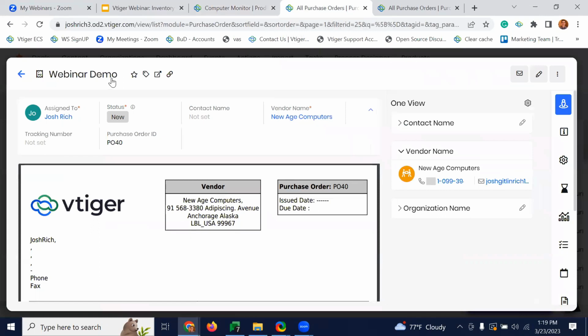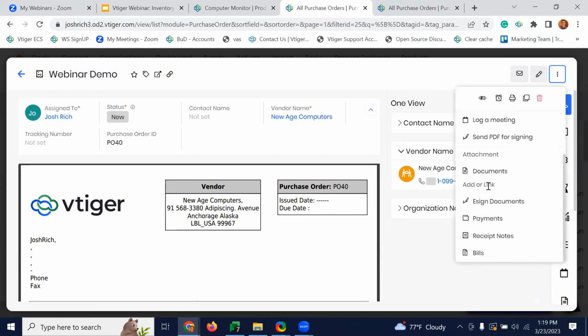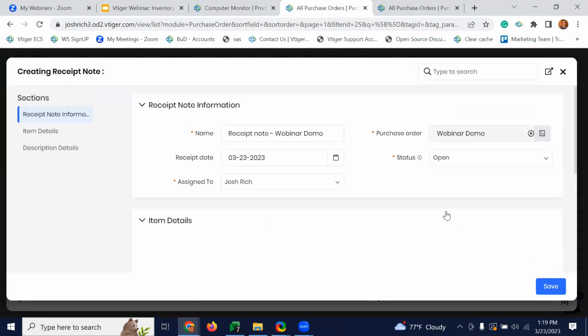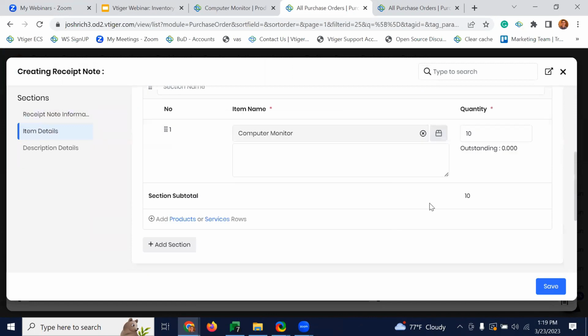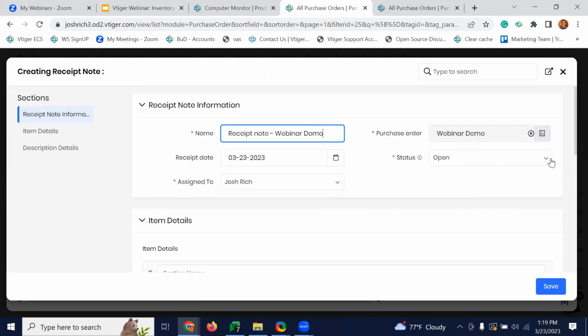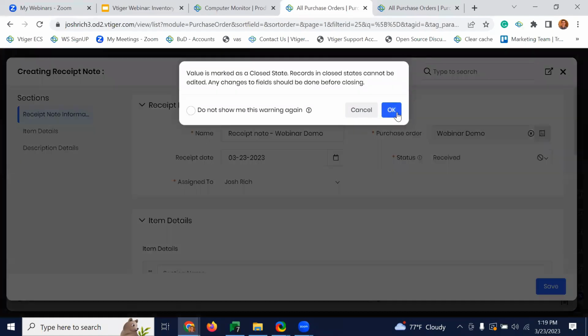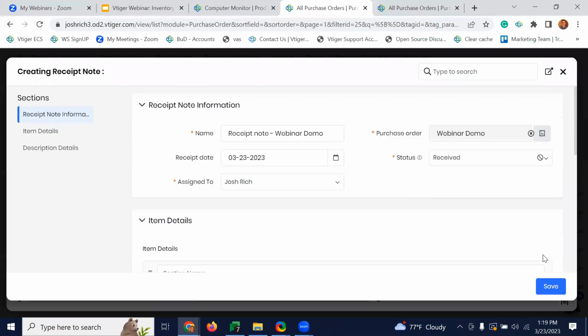The next step with this flow is once we receive those products from the vendor, we are going to generate a receipt note. So to generate a receipt note from the purchase order, we can click the three dots in the upper right-hand corner, and then we're going to click receipt note, and all of the relevant relationships are going to be pulled into this receipt note. So we have our related purchase order, our receipt date is going to be today, our item details down below, we can see that 10 computer monitors are being purchased and have been received, and we're going to mark this as received. So once we save our receipt note,